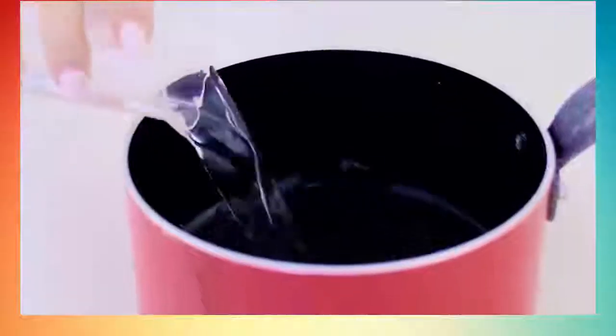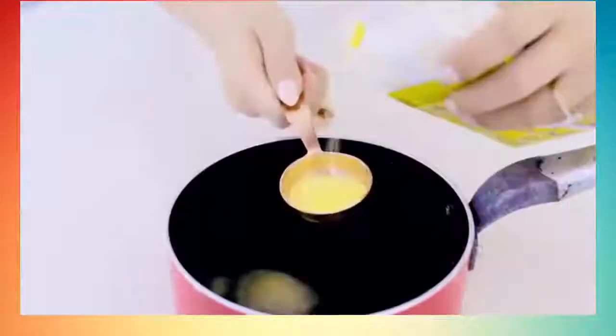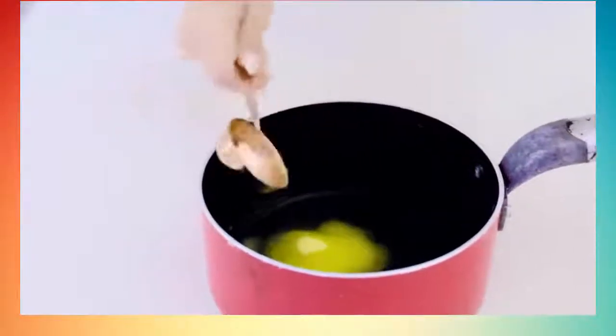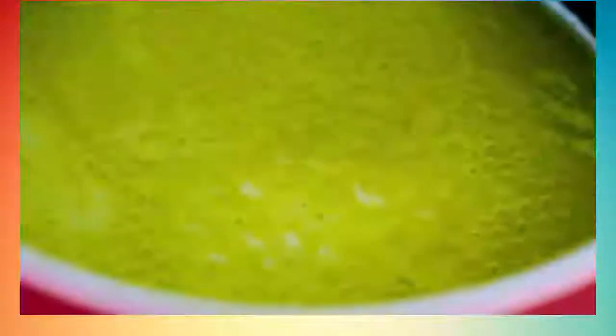So now we're going to make some gummy. Pour in 100 ml of water, stir in half a teaspoon of gelatin and roughly 1 tablespoon of your flavored jelly. Of course, you can use more gelatin if you want this gummy to be thicker. If you want to make the color opaque as well, you can add in a little bit of condensed milk and it's still super tasty. This one I made is lemon flavor, and you can use food coloring if you want to intensify the color as well. Mix it well while it heats up, and once it boils, wait another 30 seconds before you take